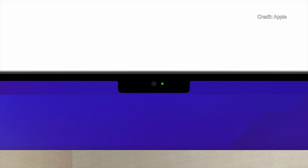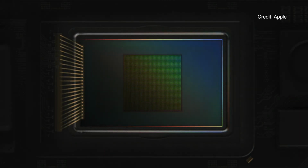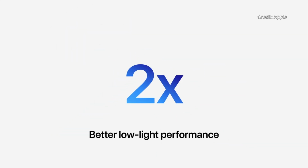I'll agree that it seems like a missed opportunity that Apple didn't also include Face ID, since they have the notch there anyway, but at least they improved the FaceTime camera to 1080p whilst also giving it a larger sensor and wider aperture, all of which should help provide better image quality during video calls. Considering all the things Apple did right, I suppose they had to leave something back for next year's refresh. So although there isn't Face ID, I'm still feeling fairly positive about the new MacBooks and what Apple has done